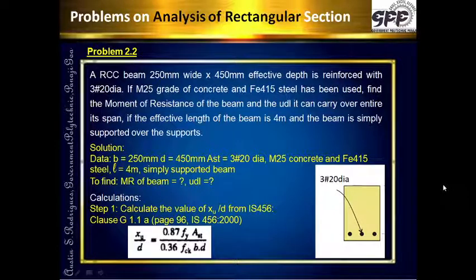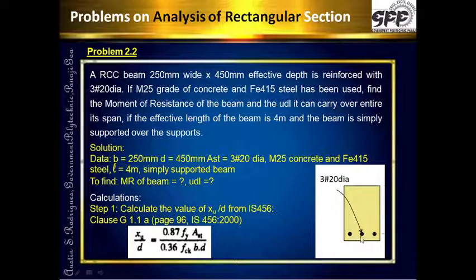Over here the term effective depth has been clearly mentioned as 450 mm. So we know that effective depth is the distance from the compression fiber, the topmost or extreme-most compression fiber, to the center of the reinforcement. The vertical distance that is given to be 450 mm. This beam is reinforced with 3 bars of 20 mm diameter. So as we see over here on the right hand side in the picture, there are 3 bars of 20